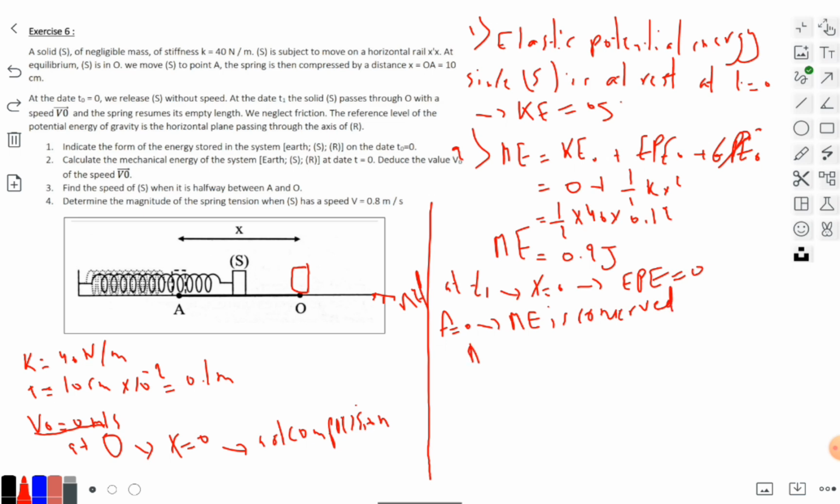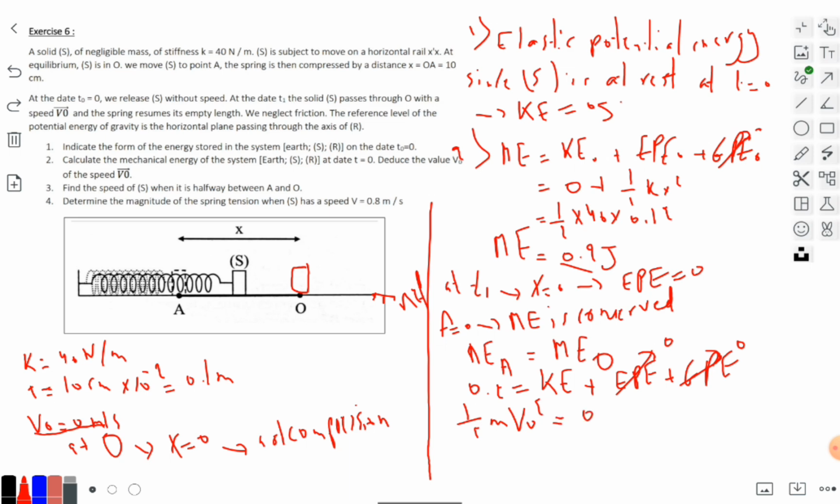So ME at point A equals ME at point O. ME at point A is equal to 0.2 joule, and ME at point O is equal to kinetic energy plus EPE plus GPE. EPE equals 0 and GPE equals 0, so we have